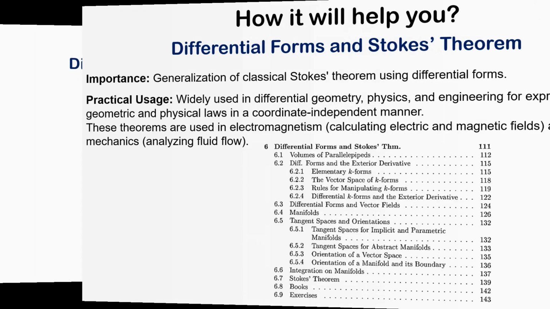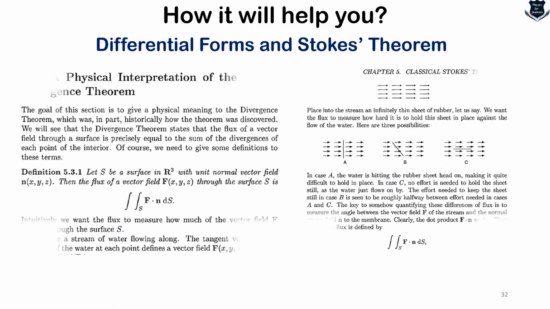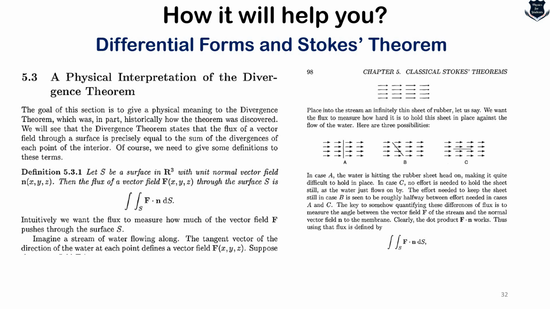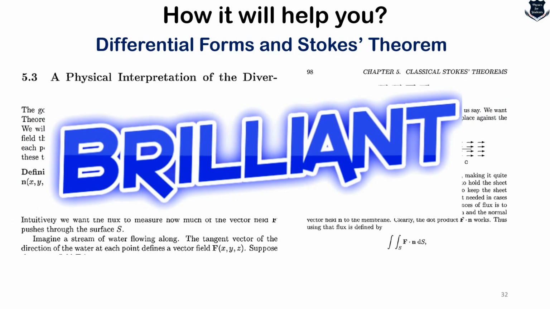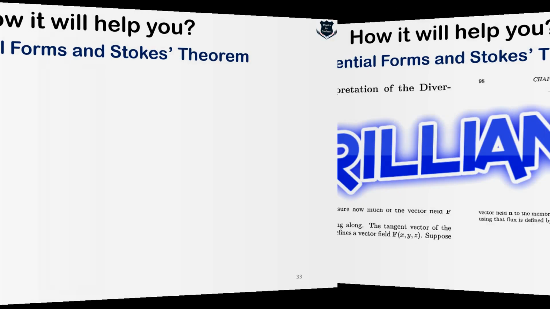And that is the reason I want to show you something great: the physical interpretation of the divergence theorem, which is dealt with using a great example of a flowing river. This is something I really enjoyed. This is something brilliant. If you want to know how the divergence theorem actually works, and I would say a kind of visual interpretation of the divergence theorem, this is the book you can look for.